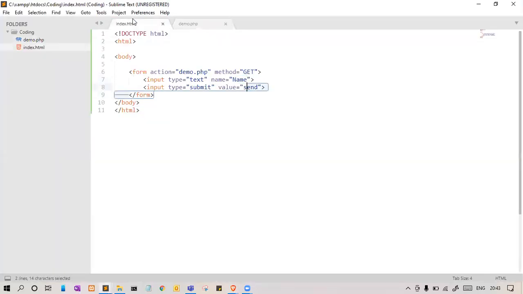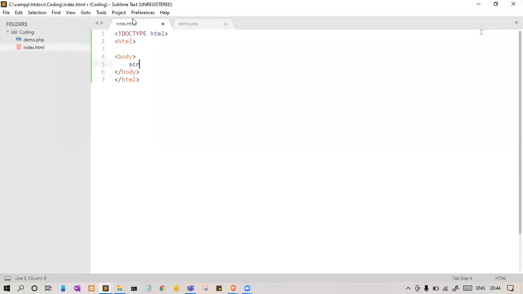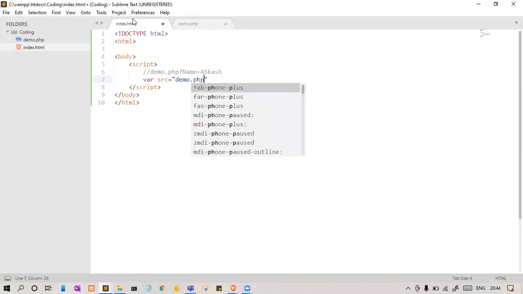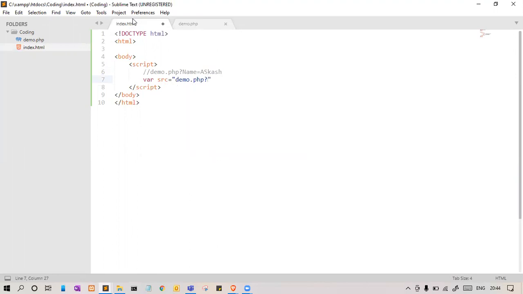So finally, let us do this from JavaScript. You can write a function for that, but I'm writing it plain, so let me comment it out and write it here. We want to follow this pattern, so we will send this format as a string. Let me create a variable called source and give it demo.php, a question mark, and id equal to 5.